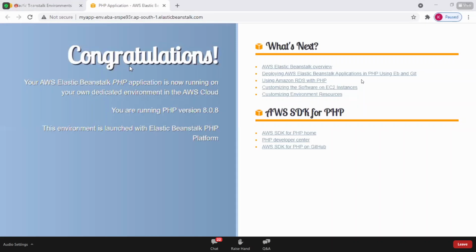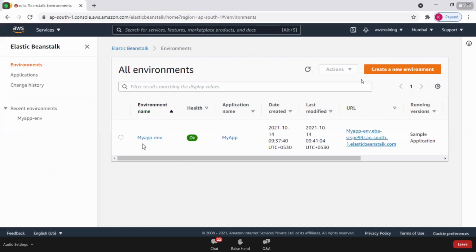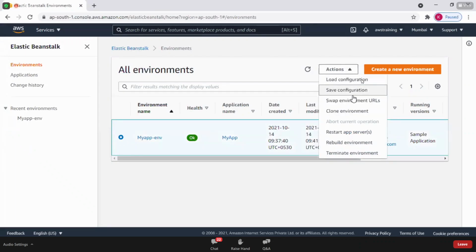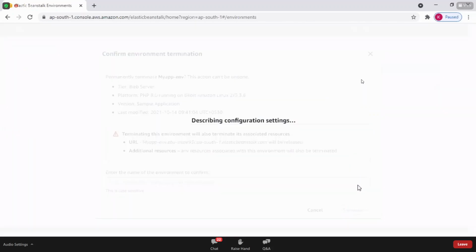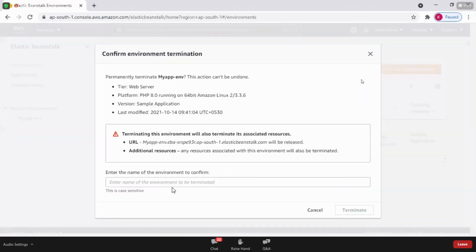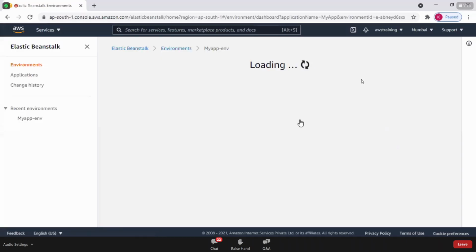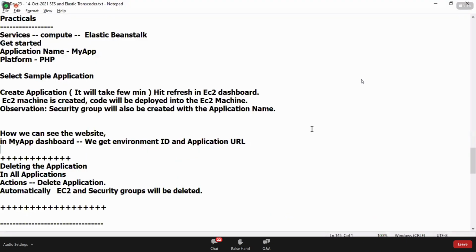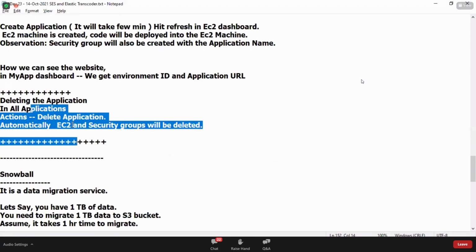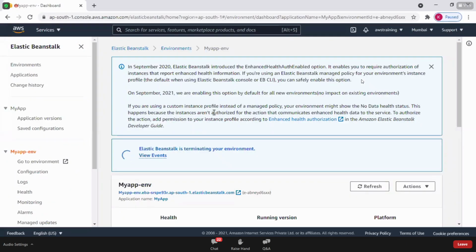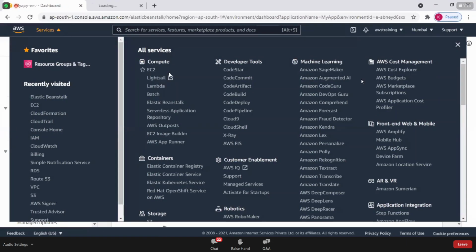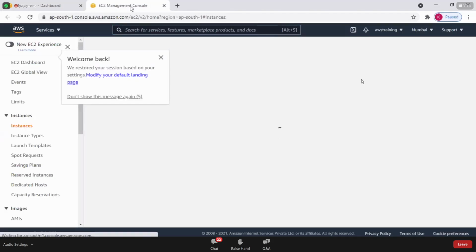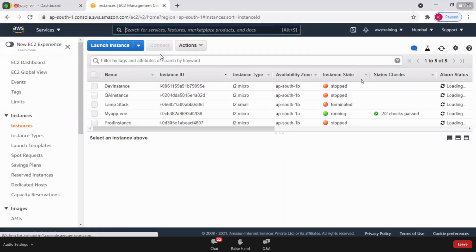The next thing, let's delete this particular application. Deleting an application is pretty simple. Terminate the environment. When you delete the application, the corresponding environment's EC2 machines are also removed.